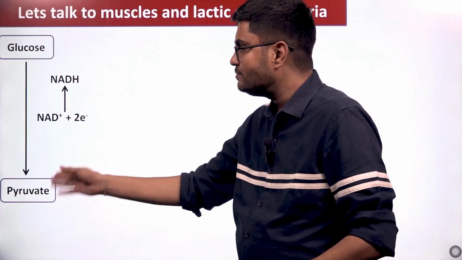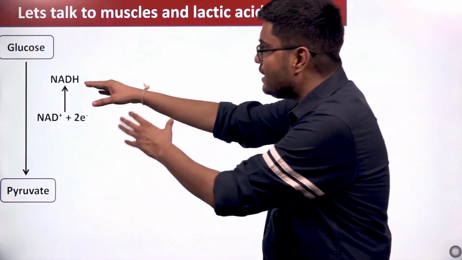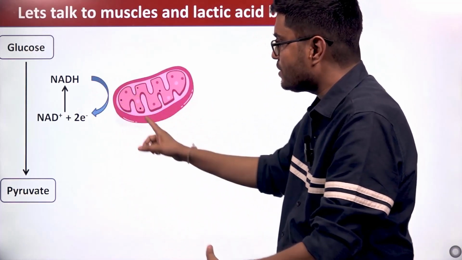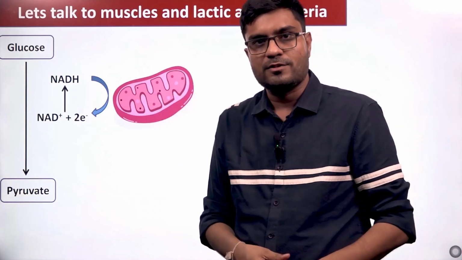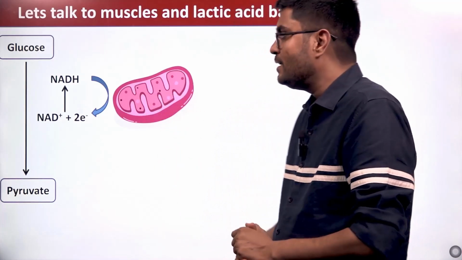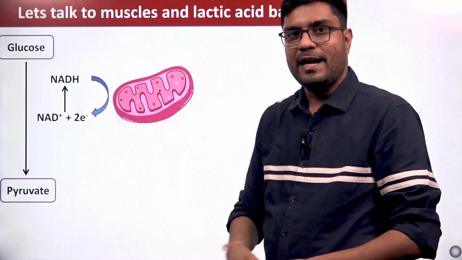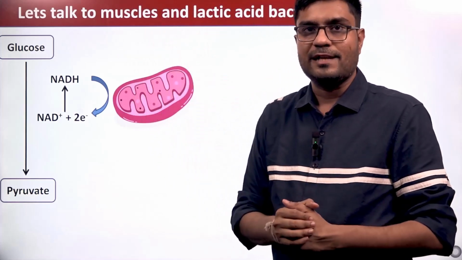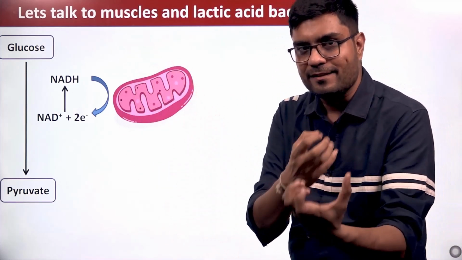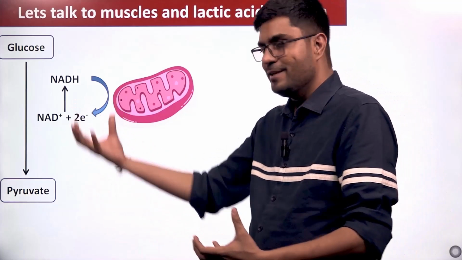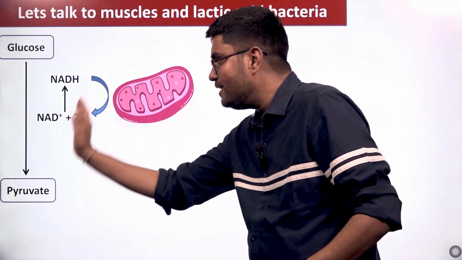So oxidation, reduction, the redox pair is completed. Now the NADH which is forming in the cytoplasm is going into mitochondria, losing its 2 electrons to oxidative phosphorylation, converting back into NAD plus, coming back to the cytoplasm and taking part in glycolysis again. So this mitochondria is kind of a recycling plant for NAD plus, which is using NADH and releasing NAD plus again